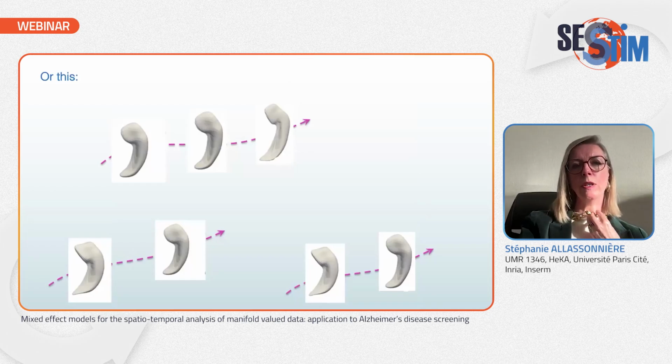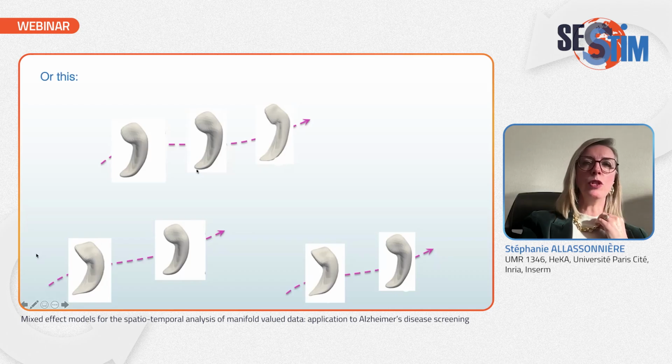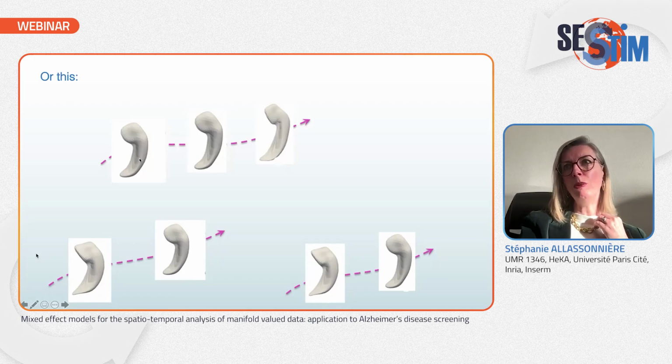Here you have shapes that have been extracted from MRI. This is the hippocampus. And you have several scans that do not refer to a specific time point. If you think about this, this is Alzheimer's disease evolution, and it is very difficult to handle because you don't know when the disease has started. So you don't have this reference time point, which means that the age of the person will not be relevant as an element of the statistical analysis.